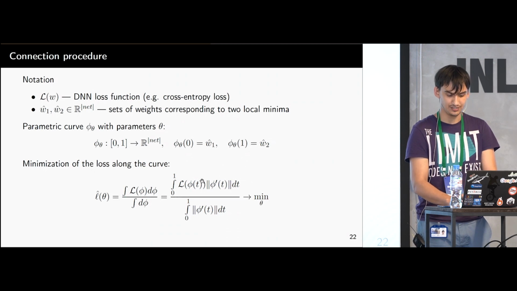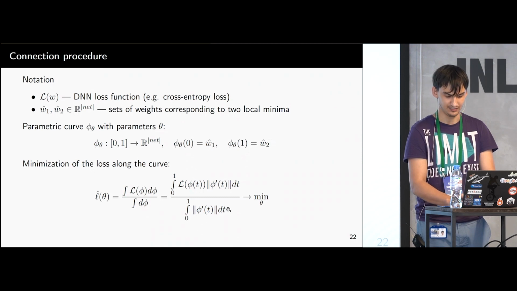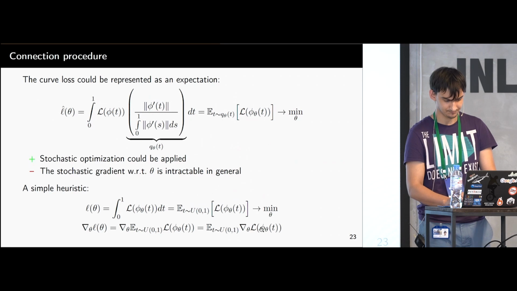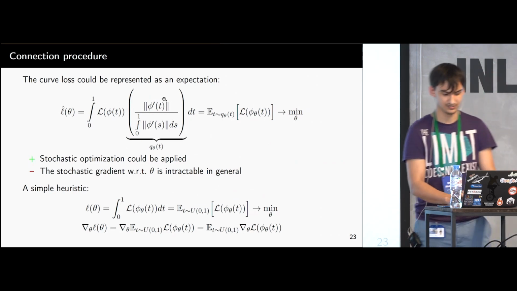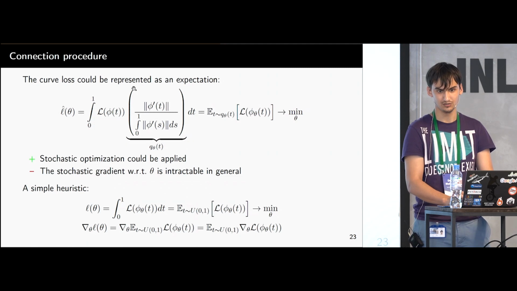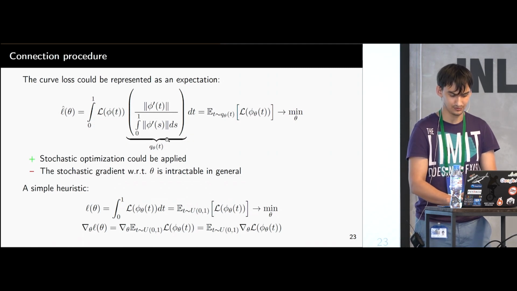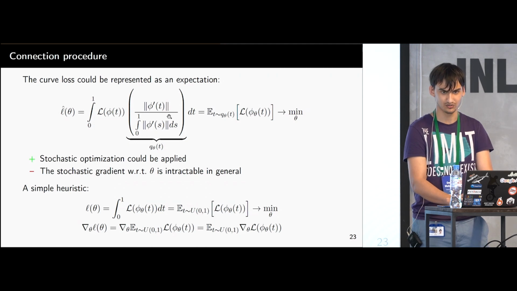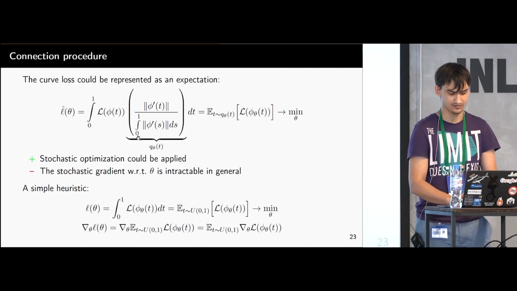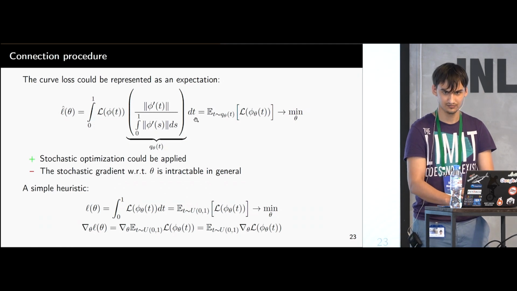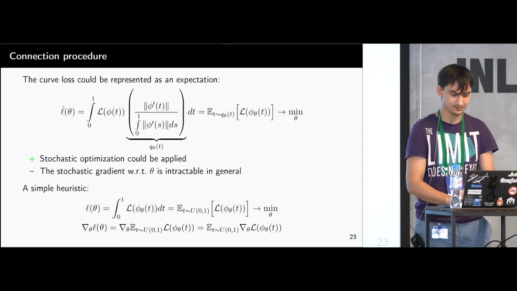And you integrate it, and then you need to normalize this thing because the length of the curve in this t space can be different. So you need to also divide by the length of the curve, which is computed exactly the same way. So you now have this average loss across the curve, which you want to minimize. And of course, you can pose this thing as a distribution over t. This distribution is defined as follows: it is just the norm of the derivative over its integral. So you just need to normalize it.